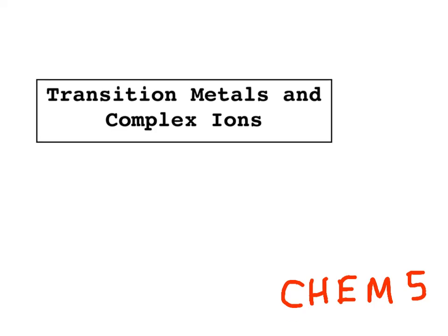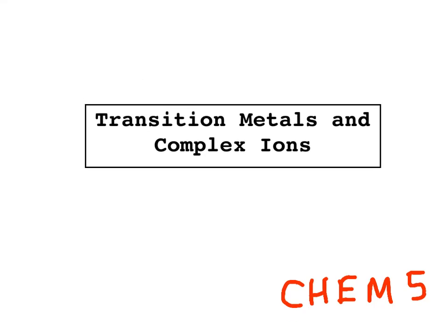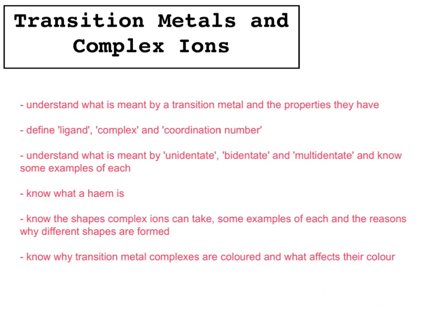This video is on transition metals and complex ions. There's quite a number of aims in this video. First we need to understand what is meant by a transition metal and the properties they have, define the terms ligand, complex and coordination number, understand what is meant by unidentate, bidentate and multidentate with regards to ligands and know some examples of each one, know what a heme is,